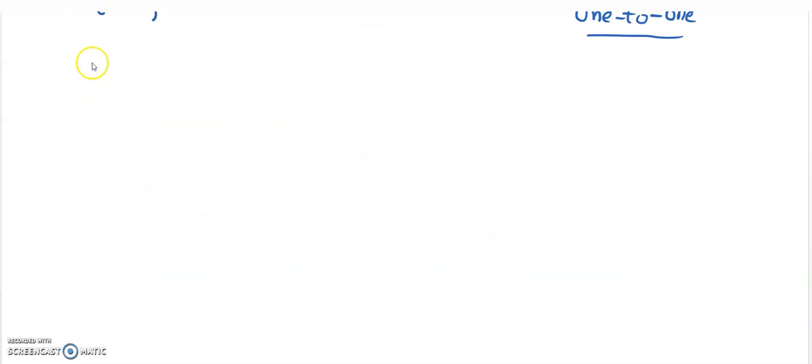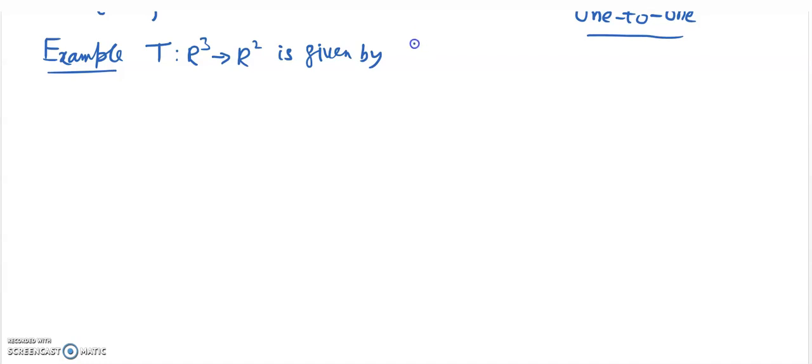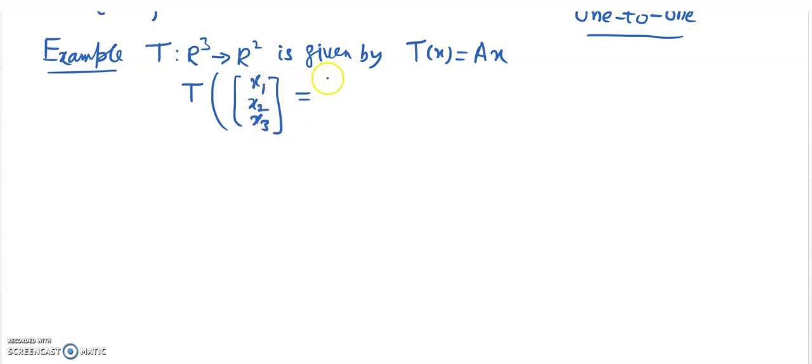Okay, our next question is: find the matrix A such that the linear transformation is given by Tx is equal to Ax, and how is it given? It is given by x1, x2, x3 is equal to